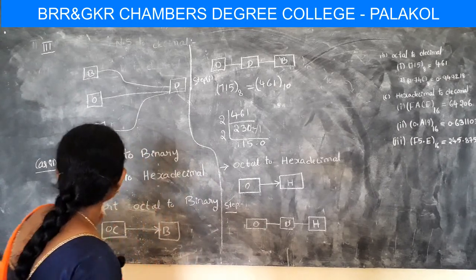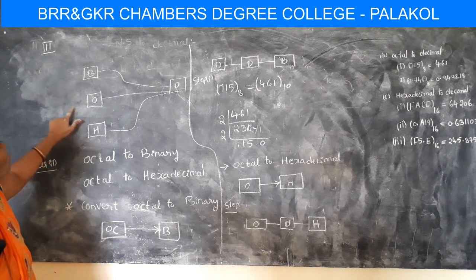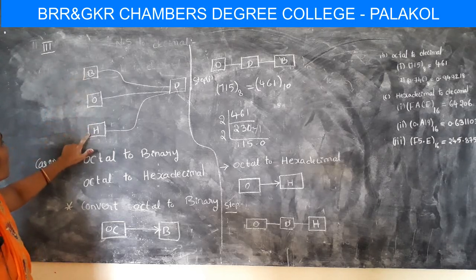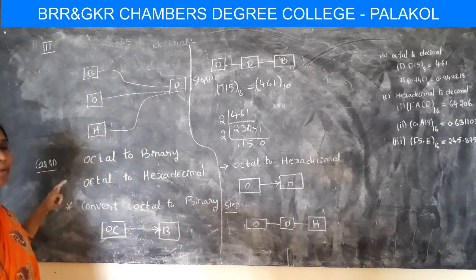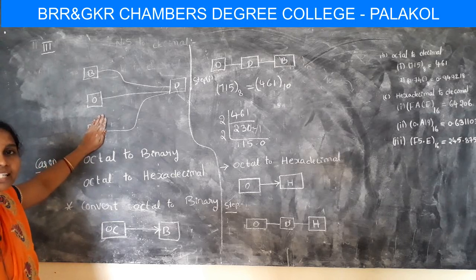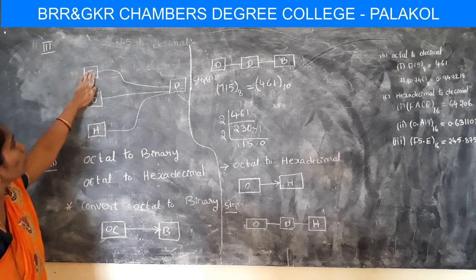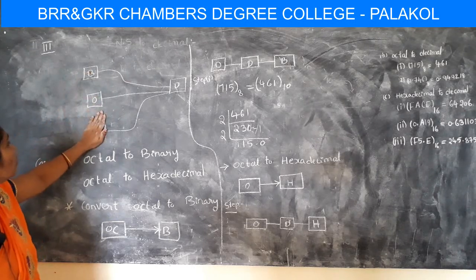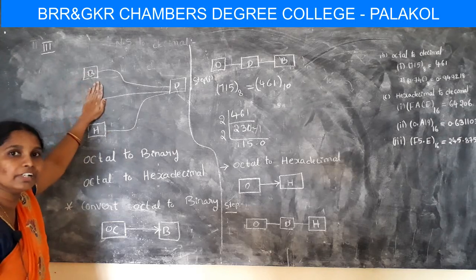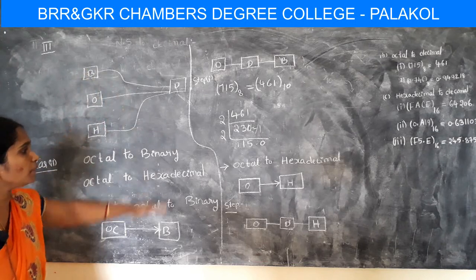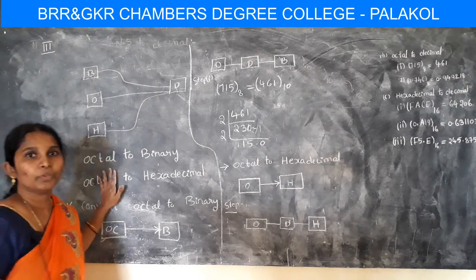Okay. So these two procedures I explained in the previous examples also. And another third case is how to convert hexadecimal value to binary, and hexadecimal value to octal. The procedure is also the same. First of all the hexadecimal value is converted into decimal, and after that into binary. And also the hexadecimal value is converted into decimal, and after that it will be converted into octal. Okay. So the same process is repeated in case number 3 also. Okay. Thank you.